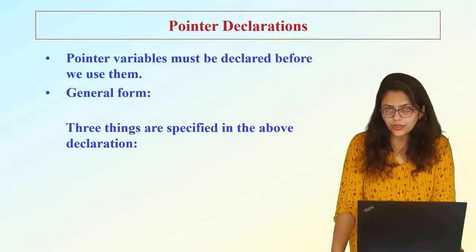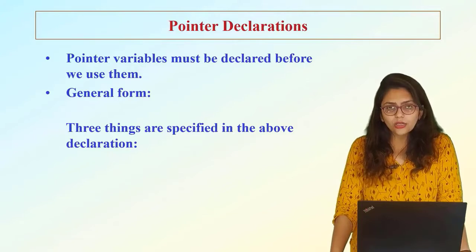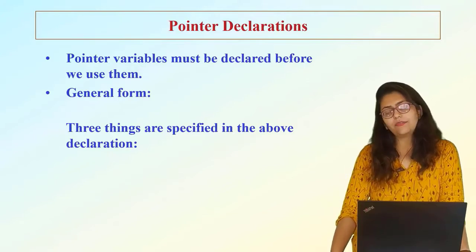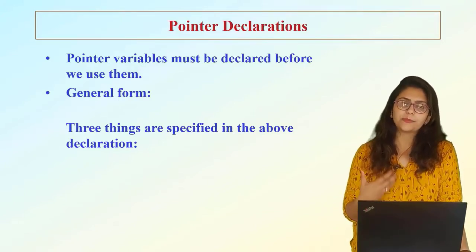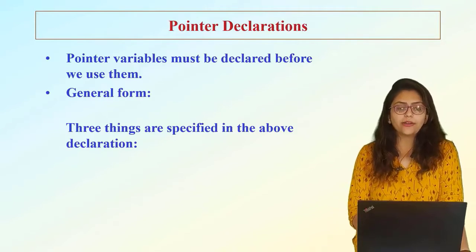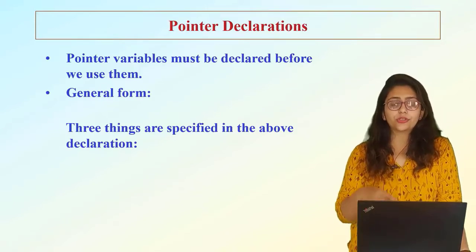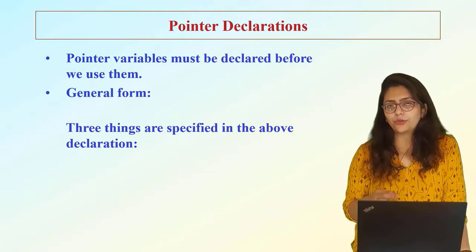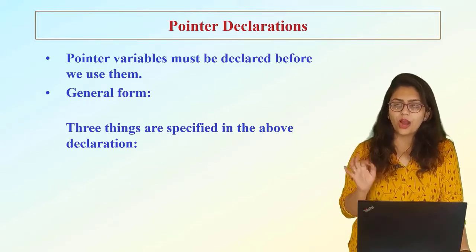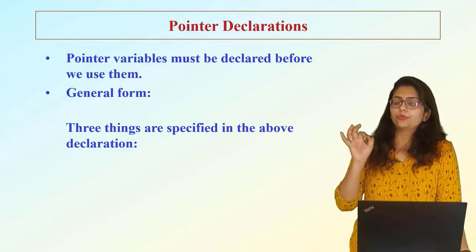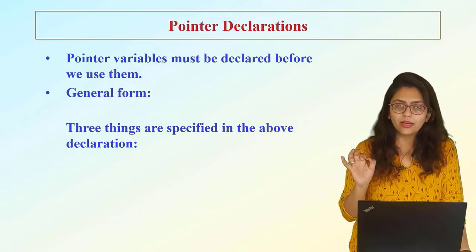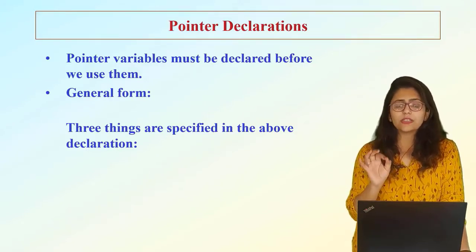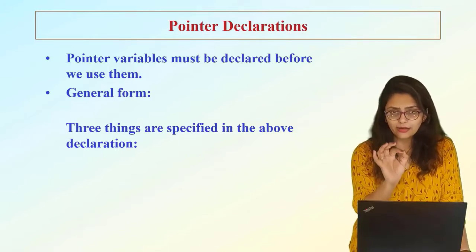Right. Now pointer declaration. Right now I am just talking about the theory of pointer declaration, then we are going to implement pointers practically as well. A pointer variable must be declared before it is used. Similar to variables, whatever variable you are going to use in your program, you have to declare it first. You have to tell the computer that you are going to use this kind of integer variable, otherwise you will get an error.